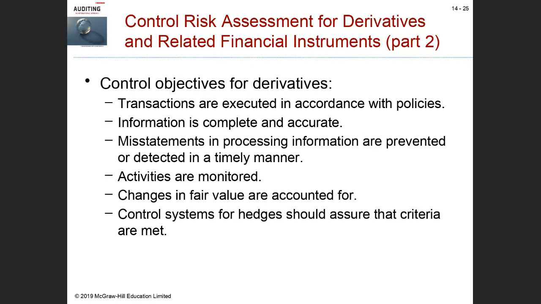Well, that's part of what was not going on in AIG. Right? So if we're having gains and losses, they should be reported, right, on a monthly basis, reflected in the financial statements. And then control systems for hedges should assure that the criteria are met. The criteria they're talking about is the criteria for hedging. So can we account for hedging transactions in our organization or not? There are certain criteria you have to meet in order to use hedge accounting. Most companies do not use hedge accounting because that's complex, but if you wanted to, you have to ensure you're meeting the criteria. That's what's being suggested here.